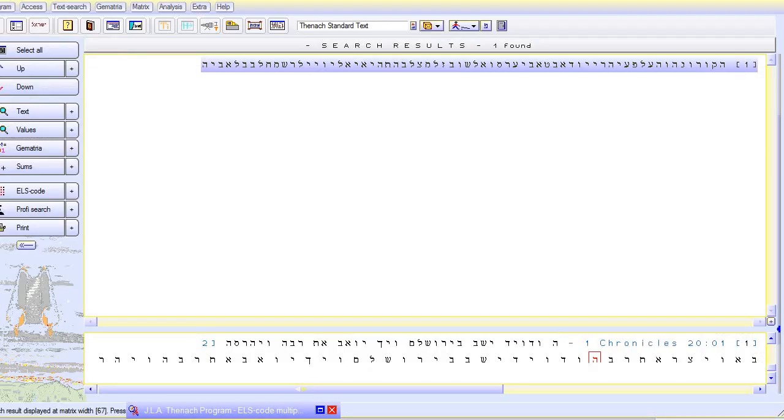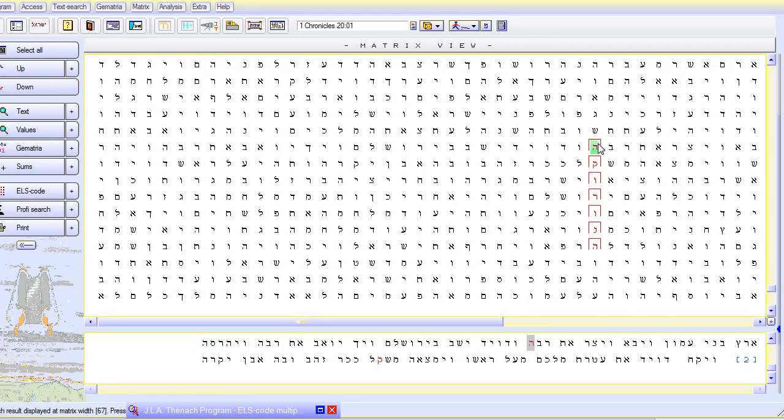So here we have the coronavirus, and then here it is again down here. Interestingly, when I did the search, there was only one time in the entire Hebrew Bible that this code was found. And it's at an ELS of 67. So you'd start with a hey, and then count 67. You'd get a kuf after that. So here it is,